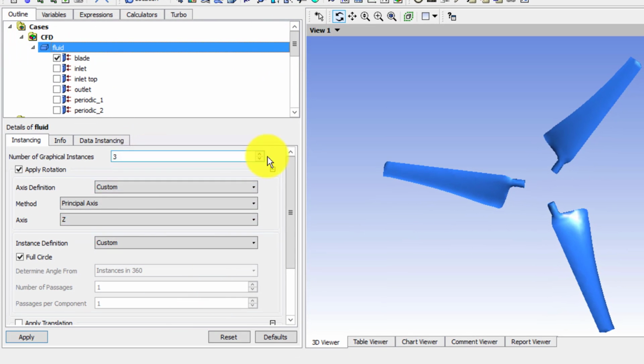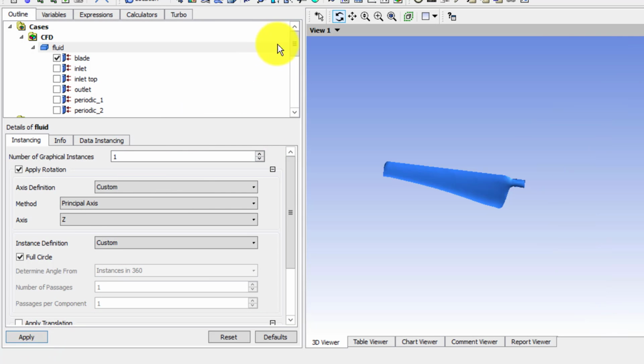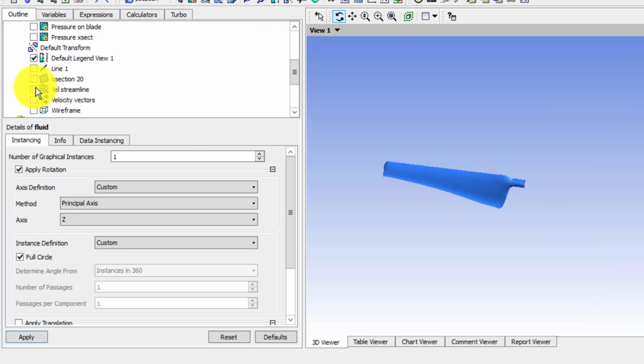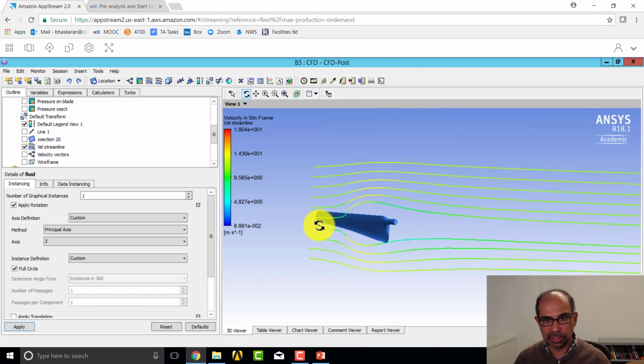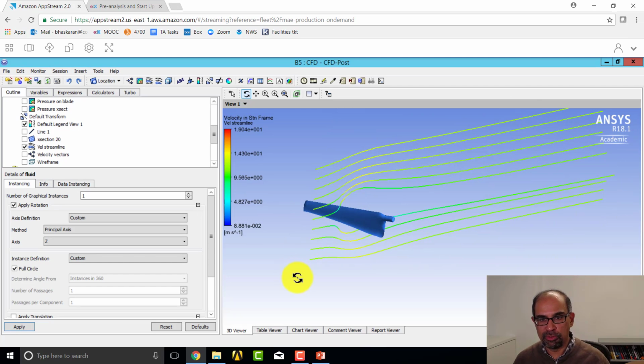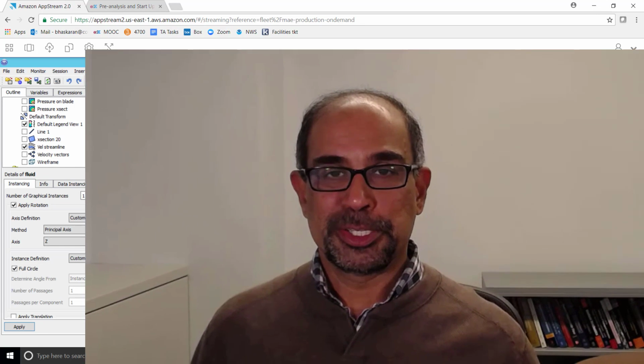One could also take a look at other things. Let me just go back to one blade and then look at what happens to the flow over the blade. For instance, if I release a particle over here, according to this simulation, it's going to flow like that, and you see you have what is called a dead water region that is low pressure, and that leads to losses. Ideally one would redesign this blade to minimize that. So that gives you